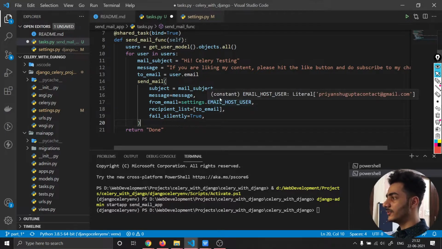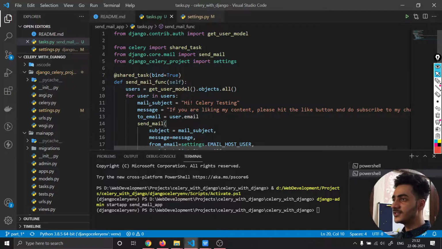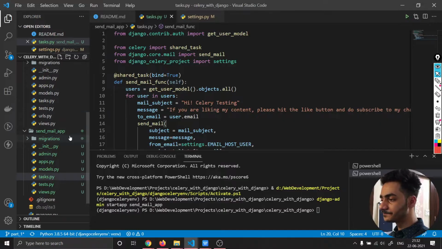Okay, now after this, what we can do is we can call this function using dot delay from any view in our views.py file.